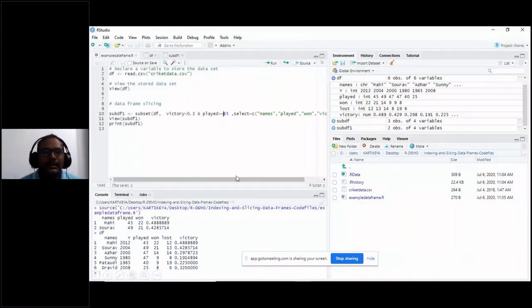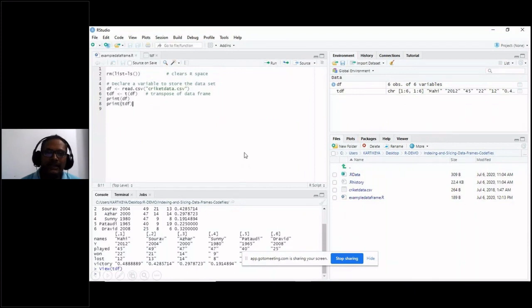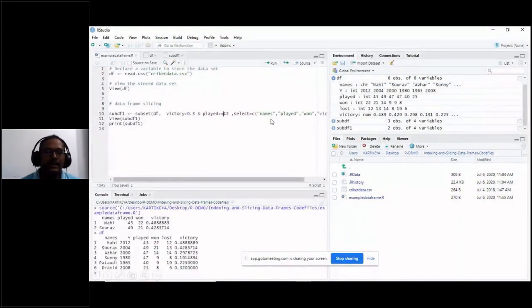The selection of rows and columns is the same, names, played, victory, but the extra condition which we have placed here is played value must be greater than or equal to 45.